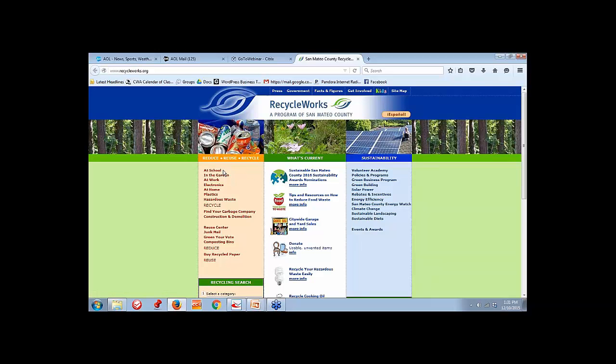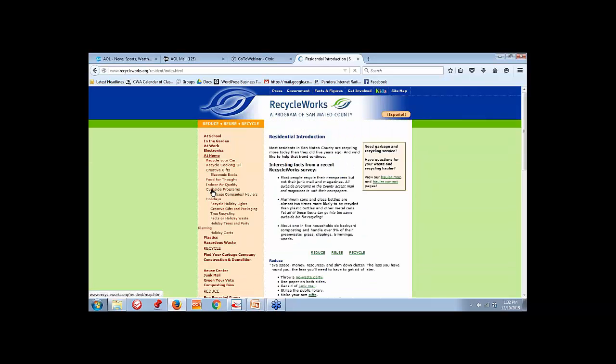If you're interested in finding out about your hauler's programs that are available through home or through school, you can see under Reduce, Reuse, Recycle to the left: at school, at work, at home. For instance, you could click on at home, and this is where you'll find all the information about your waste haulers. You can click on the hauler map, you can find hauler contacts, and it gives you access to the waste hauler websites.